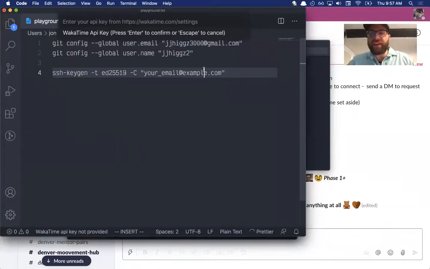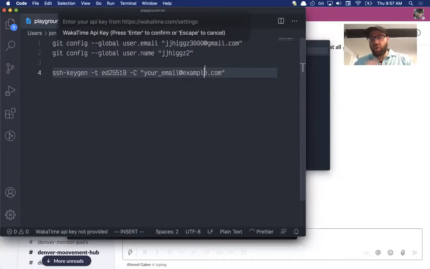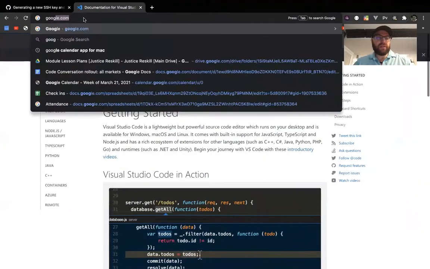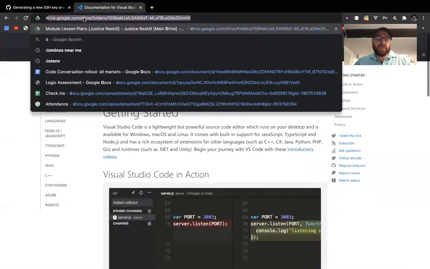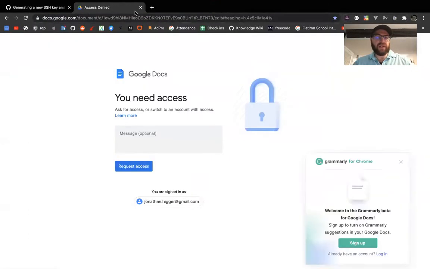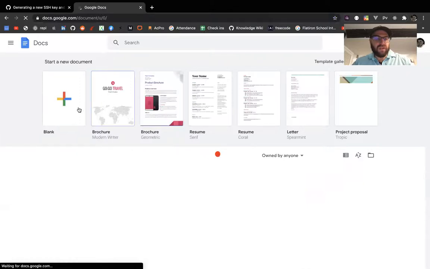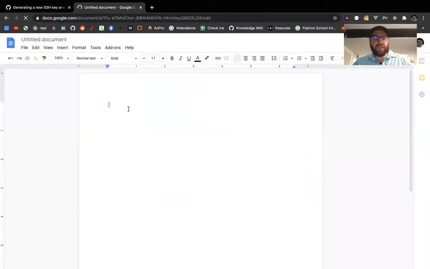It's probably better to do it in here than in a software like Notes or Microsoft Word or a Google Doc. There's a good reason for that, which is that not all of the characters actually are the same. In other words, in Google Docs, here, I'll show you. Watch this. I'm going to copy and paste this from here into a Google Doc just for the sake of argument. Let's see. If I go to docs.google.com and create a blank document, and if I paste this in here,